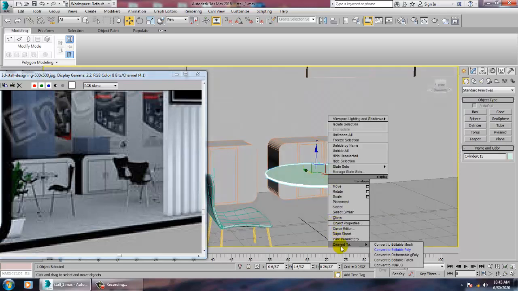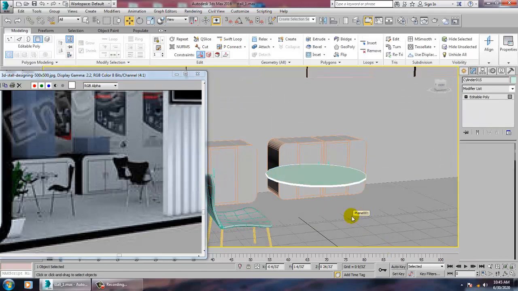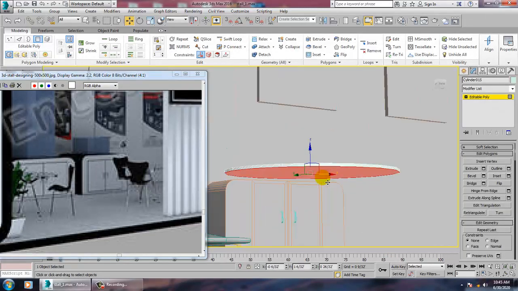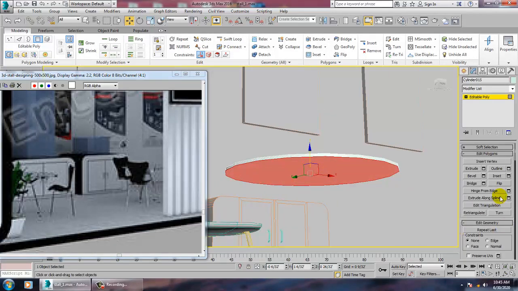So convert to editable poly. So inset it. And just bevel it. If you want to bevel it, you can bevel it, or you can just keep it as it is.